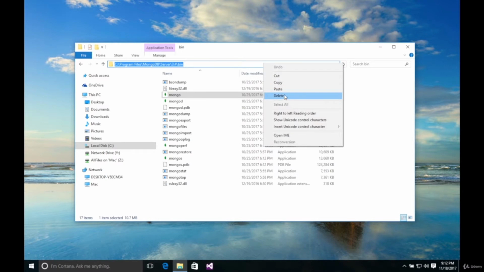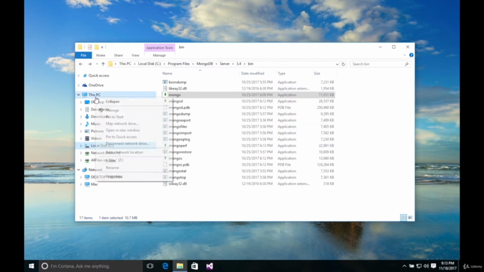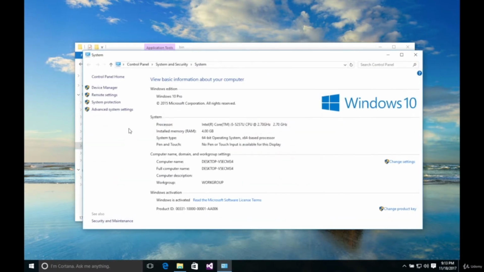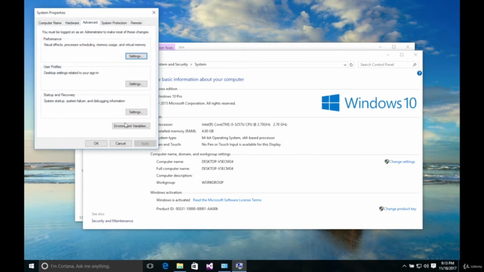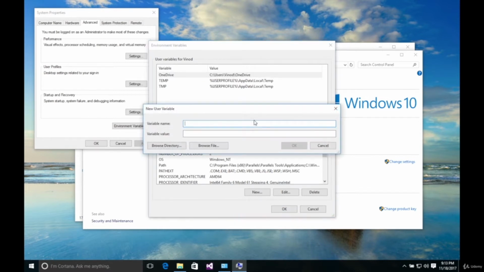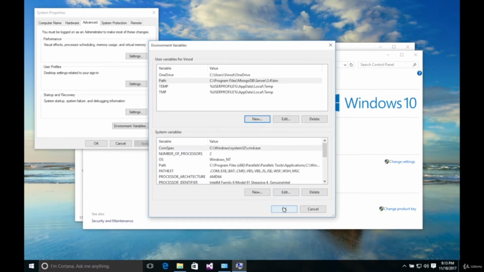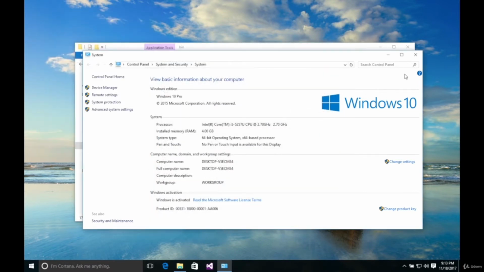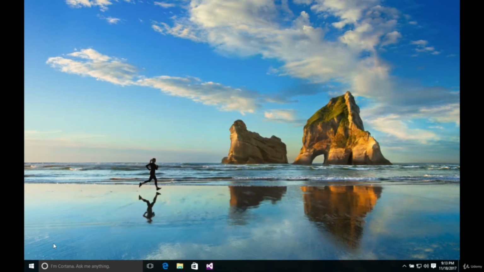So I'm going to copy that, and then right click This PC, Properties, Advanced system settings, Environment Variables, and I can add either here or I can append to an existing path here. So let's add a new environment variable called Path and paste that location that we copied. Once you say OK, OK, and OK, let's close all the windows, and then I open a new command prompt,